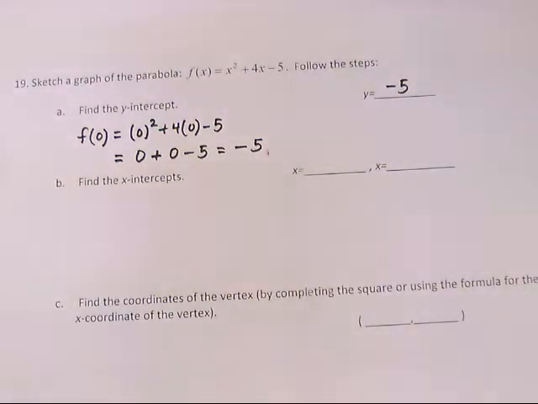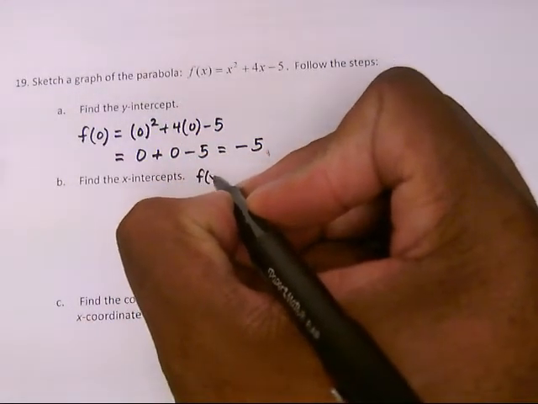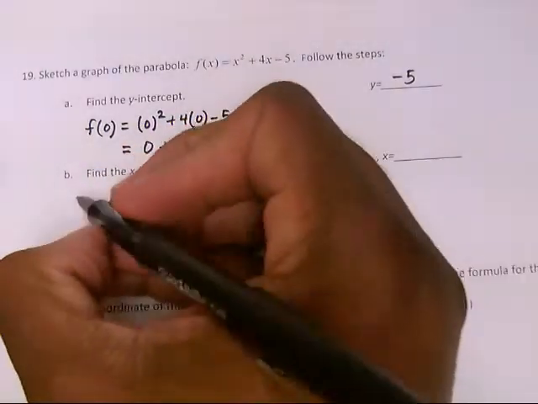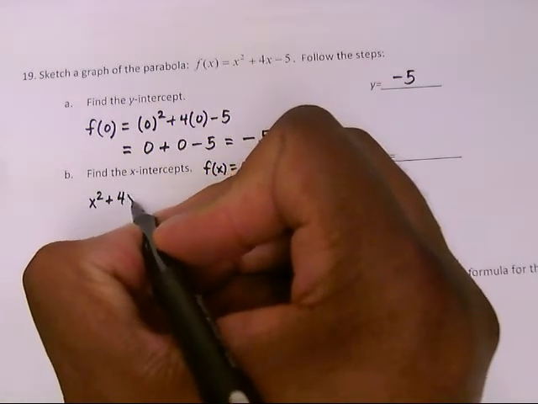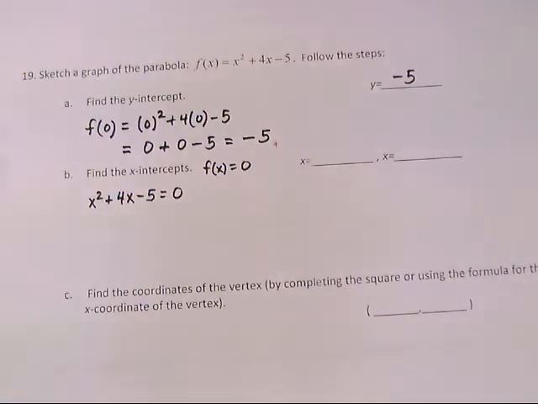Then part B is to find the x-intercepts here. Anytime you're finding the x-intercept, you always set f of x to be equal to 0. So our f of x is x squared plus 4x minus 5. We set that equal to 0. Now we can factor that into two binomials here. So x squared plus 4x minus 5